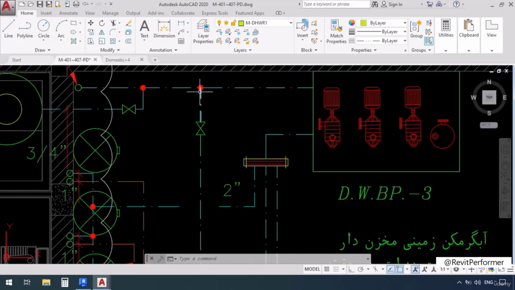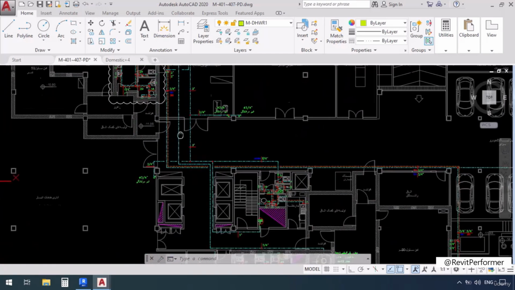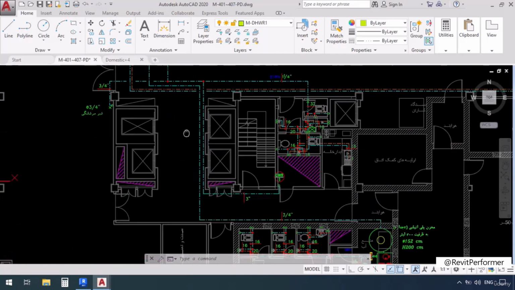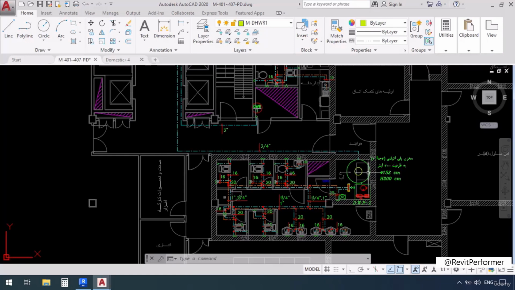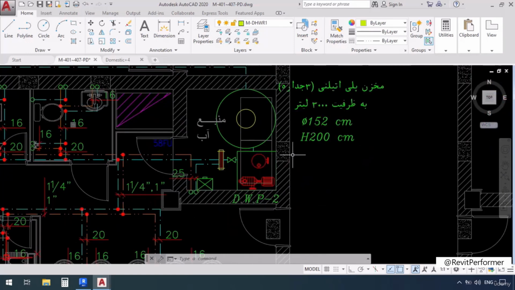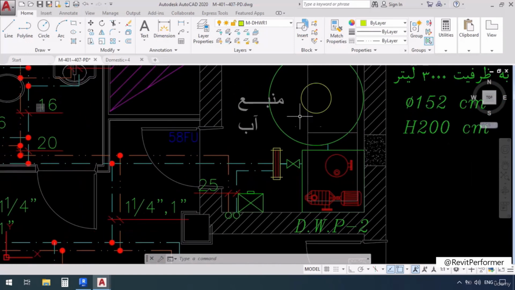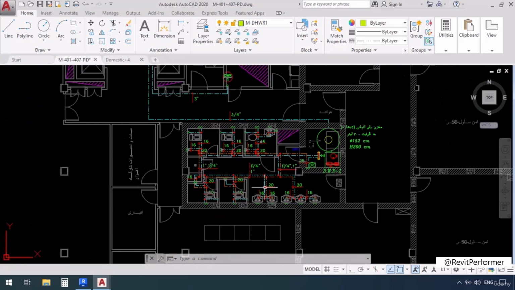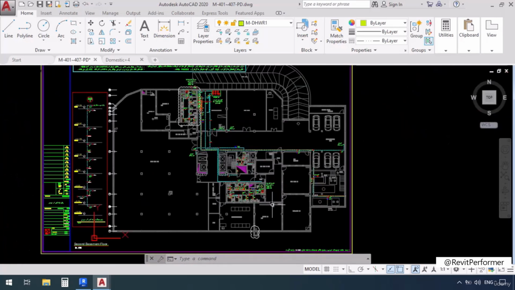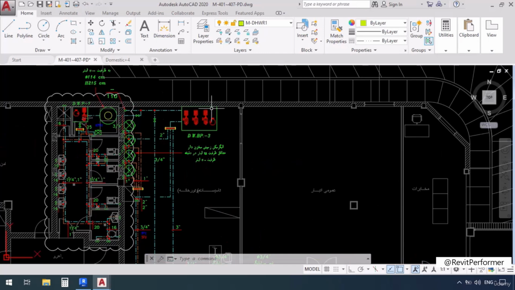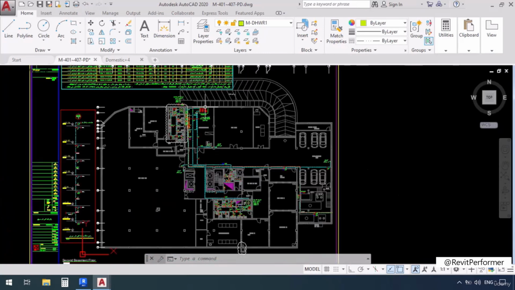There's also another branch in the pipe which comes down this way, and it goes all the way down to these four lavatories. There is also another water tank here, as well as a pump only for this space. So these two restroom spaces have been separated from the others, and they have their own tanks and pumps. As for these booster pumps over here, they are meant to feed the other levels,